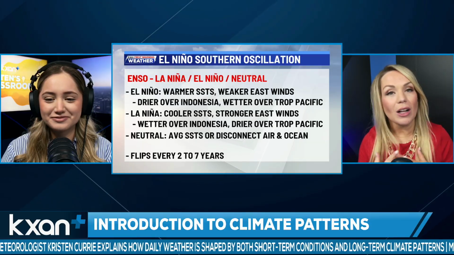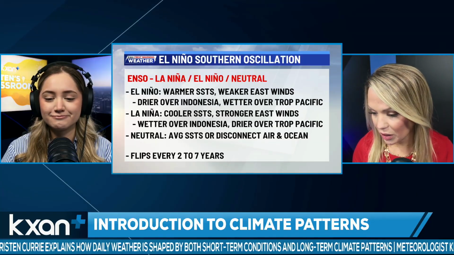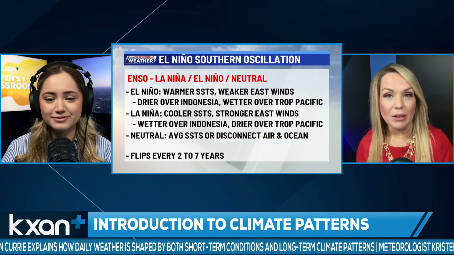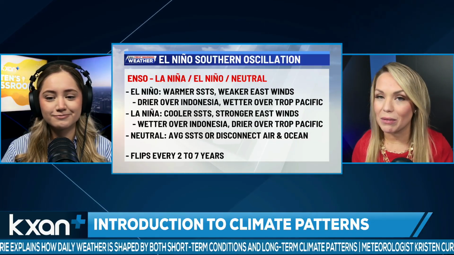Absolutely. Basically, a river of fast-moving air way up above us that brings in storms. You can think about it. I call it oftentimes on TV the storm track, because more often than not, the jet stream is what brings us those big storms that can really have an impact on our weather. So the first climate pattern I wanted to talk about is probably something a lot of us have heard of,